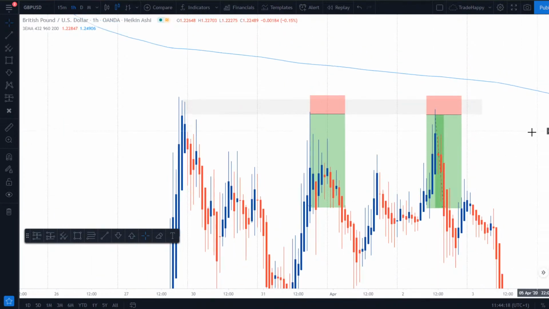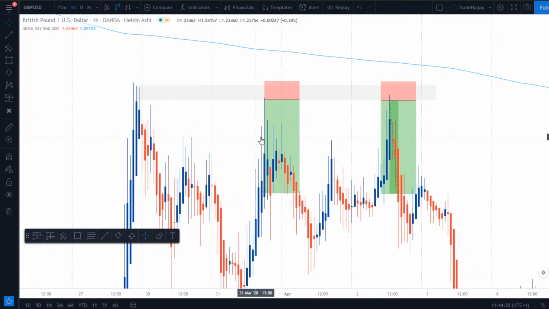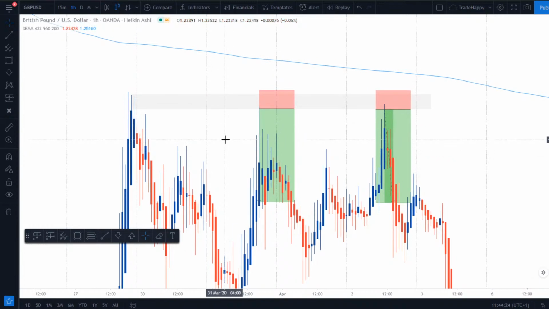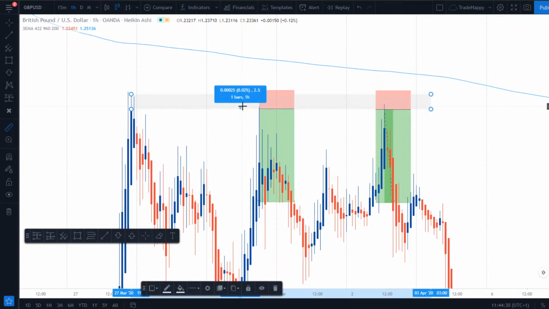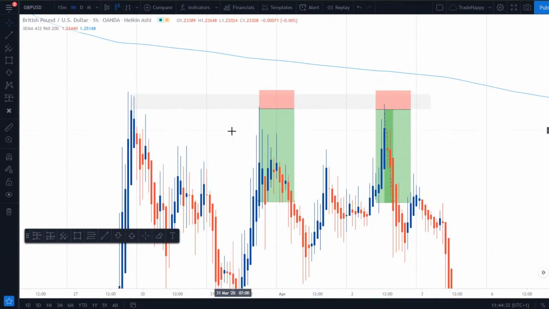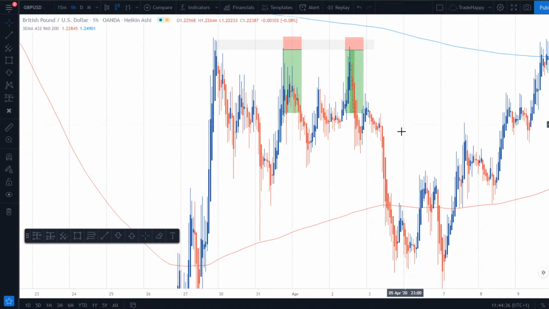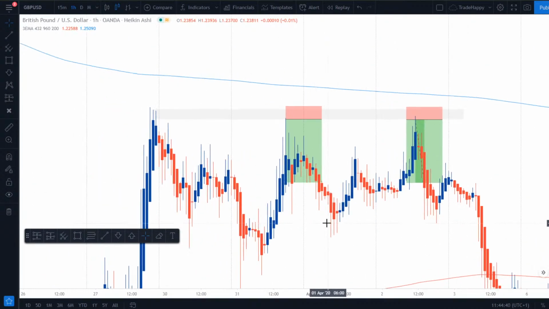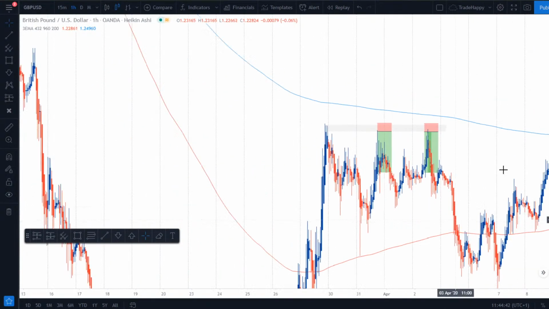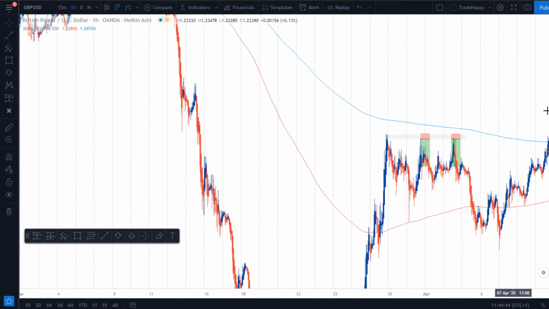So now you've just made 150 pips without even taking a drawdown of about 6 pips, 5 pips, and to be able to do that is very, very good. And the reason that you're able to do that is because you're combining multiple things. So